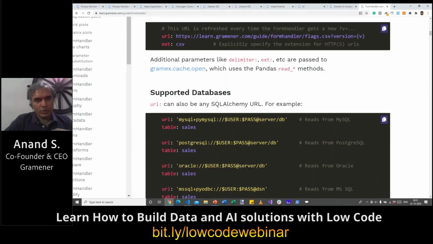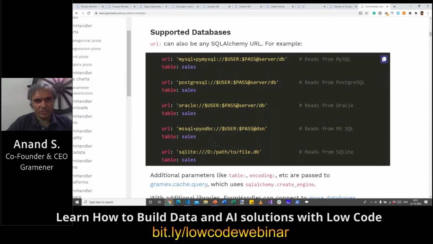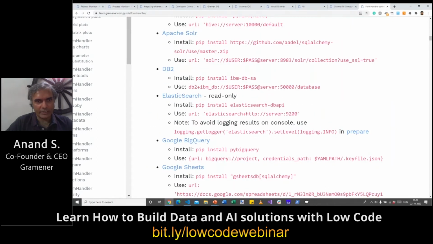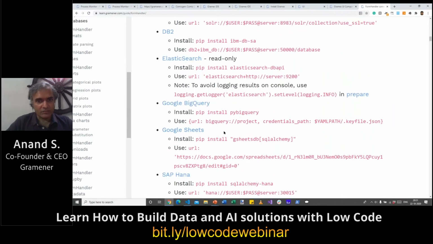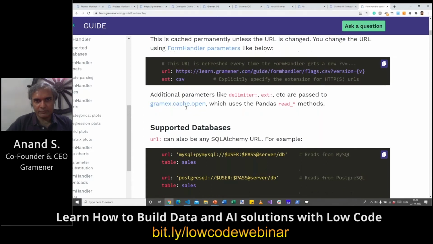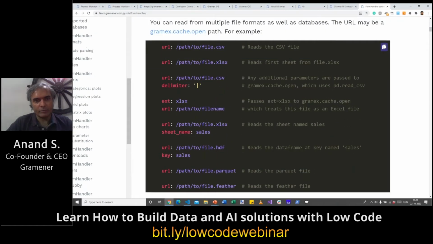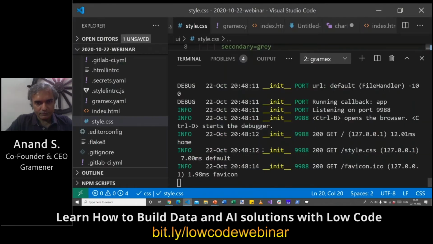Supposing you want to connect to a database, all of that is provided as a string, and the set of databases that it connects to includes relational databases, a few non-relational databases, and cloud databases, including the likes of Google Sheets. For any one of these, you pick a URL, link, or a table. You're not restricted to just a database. You could pick data from an Excel file or a CSV file or pretty much any kind of data format that you might want locally. And what that does is expose the content in a queryable form. Let me give you a demo of that.